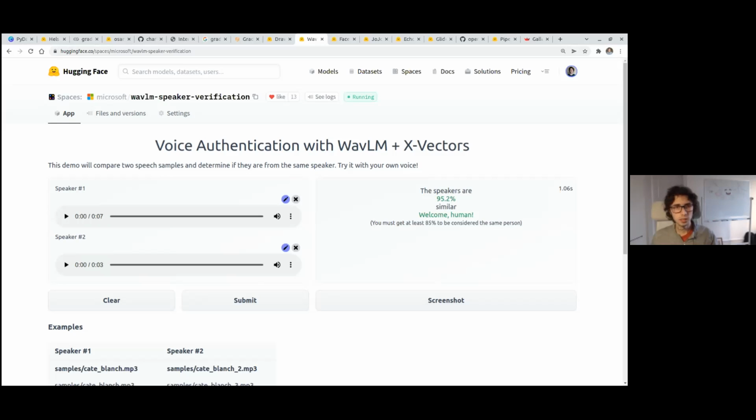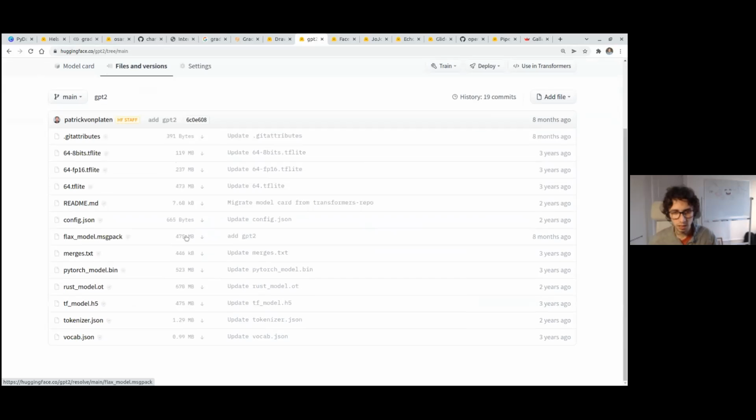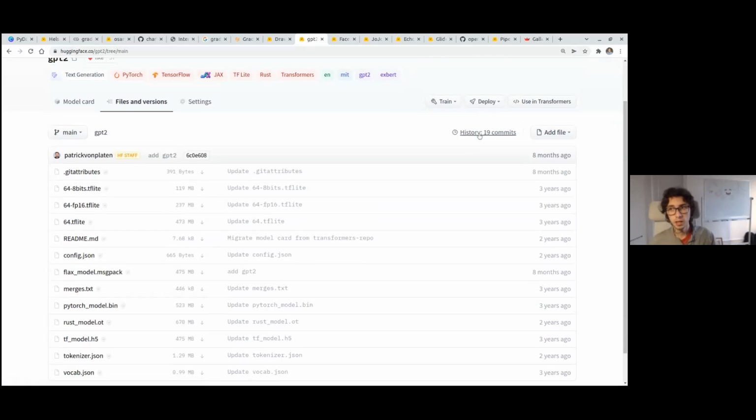So you can use Git LFS if you need to upload larger models. Actually, if you go to models right now, and I go to GPT-2, these files are 500 megabytes, right? I can see 520 megabytes and 475 megabytes. So the files are quite large, but you can use Git LFS.